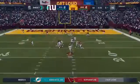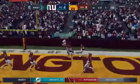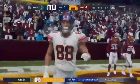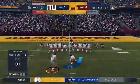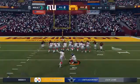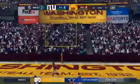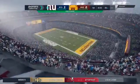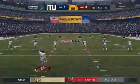From the gun, Jones. Strong coverage by Washington, and now 4th down. They really had a good drive going there, but a nice recovery by the defense these past few downs, able to knock that one away on 3rd down and bring up what I think for the offense, an unexpected 4th down here. Well, after marching down the field, only getting 3 there, kind of feels like a win for the